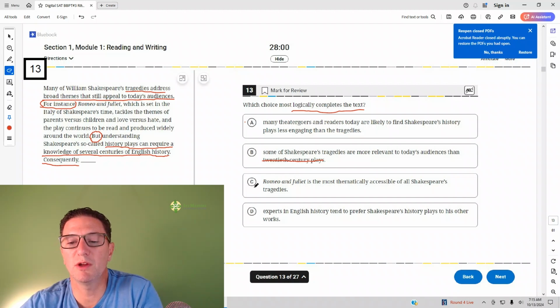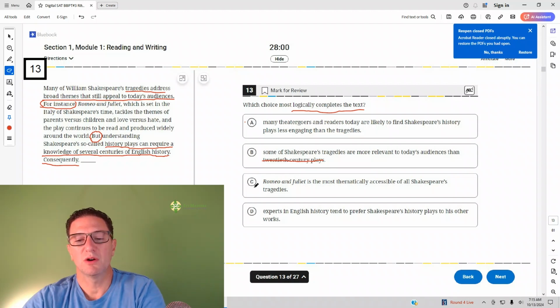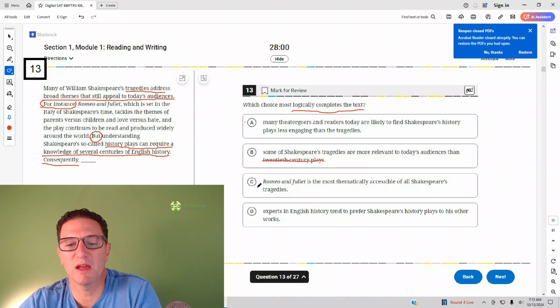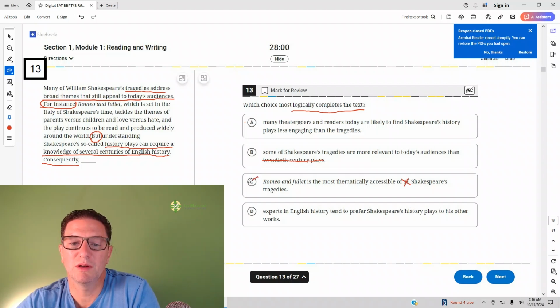Answer C: Romeo and Juliet is the most thematically accessible of all of Shakespeare's tragedies. So it sounds like the passage is saying that Romeo and Juliet is thematically accessible. It sounds like it serves as a good example of a tragedy, but we can't say of all of Shakespeare's plays. It's just used as an example. It's got to say or imply that. So C is gone. Answer D: